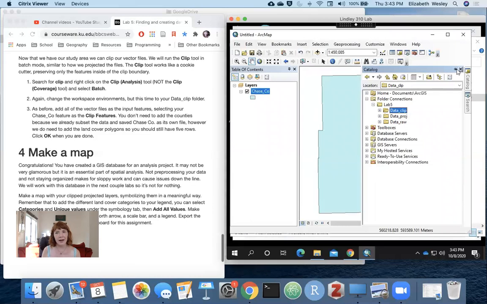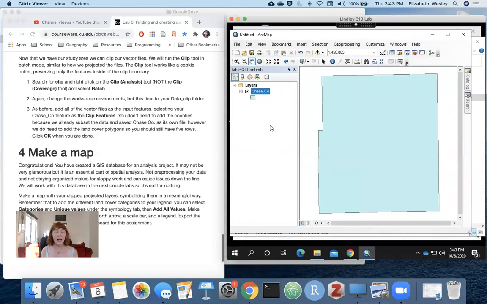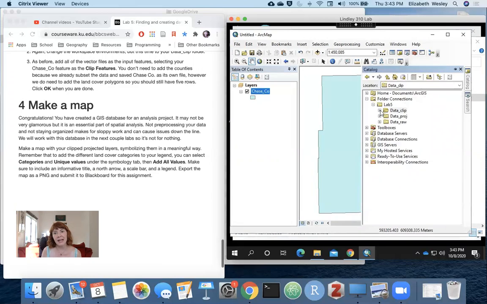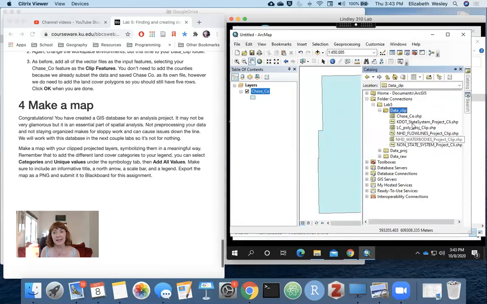And so after you have done all that, I want you to make a map. So you guys should kind of know the drill on this one. You're going to want to make sure and put these in an order here that makes sense. Remember that whatever is listed on the top in your layers here, when you have this selected list by drawing order, is going to be on top. So like your land cover,